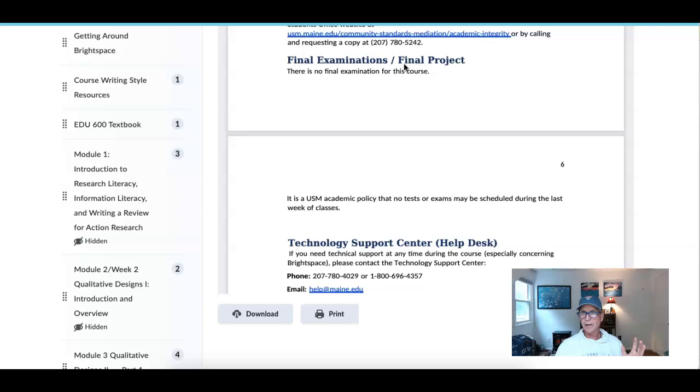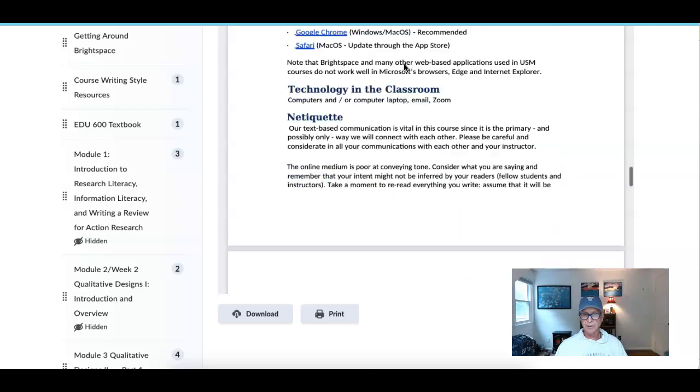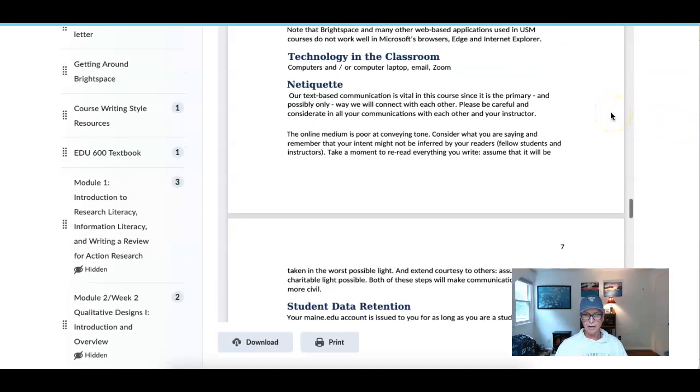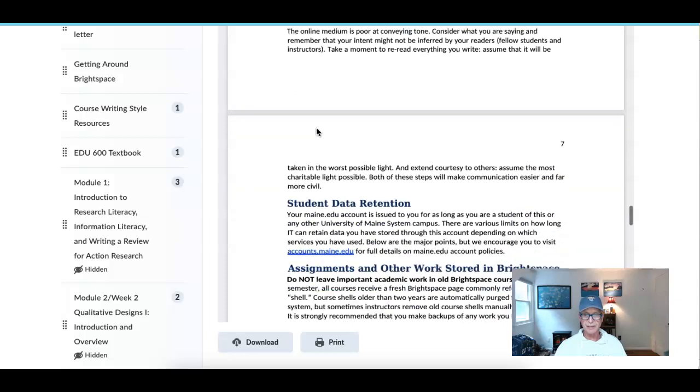Final exam, there are no final exams. There are really project-based assessments in this course. Technology, computer access, I want to say this has not been an issue. I've been teaching at USM for 13 years, and I really haven't had any trouble with people in this class or anyone in my class being off base with the discussion forums. But please be civil. Keep it on the materials, and I do keep track of what's going on, but just be kind. There's enough stuff going on in the world. Just be kind to each other in this class.